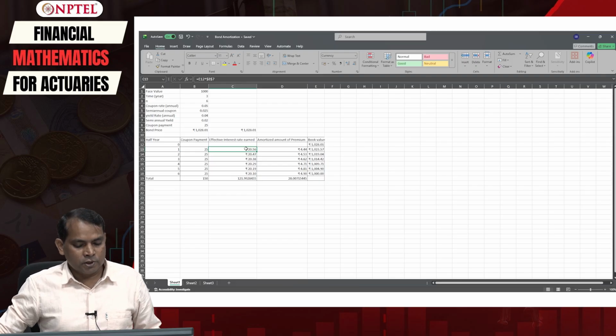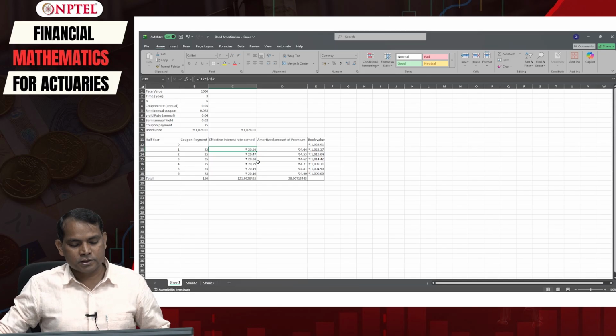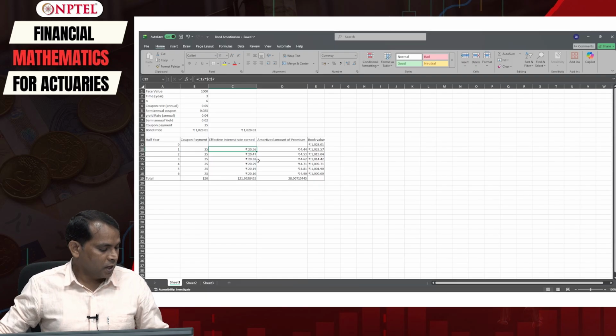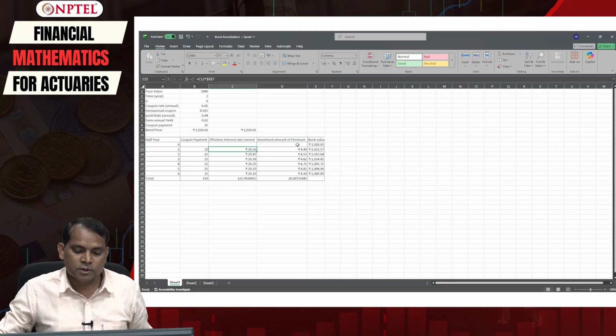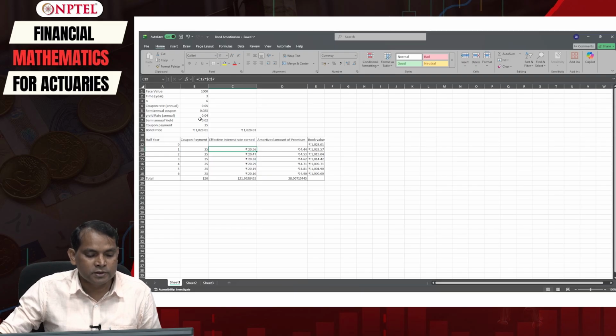You can easily compute the effective interest you have earned. I have already shown you how to compute this, but you can simply take this 20.56, which is this value multiplied by the effective interest rate at this value.